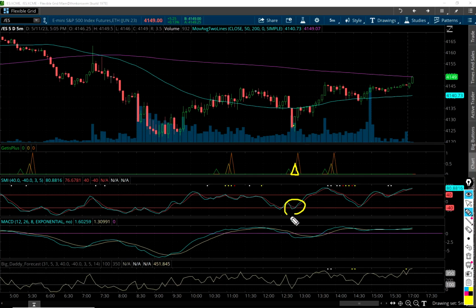You can see the MACD starts, the SMI starts to roll under and go up, right? So by the time I get to this candle, maybe halfway up this candlestick or part of the way into this candlestick, I'm placing that trade. I'm going to take the trade. I know the MACD is pointing down, okay, but I've got the Big Daddy forecast saying things are going up. I've got the SMI saying things are going up. The MACDs are going to be a little bit slower because the settings are a little bit slower. That's fine. We want that.